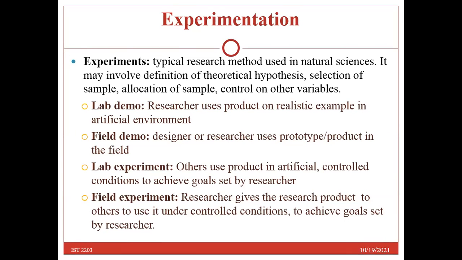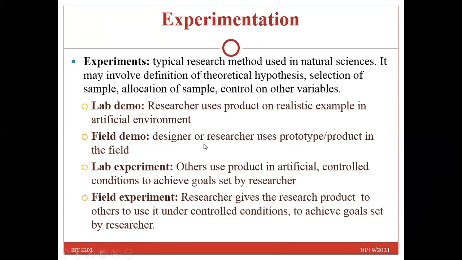And then we have lab experimentation, where others use the product in an artificial controlled environment to achieve the goals set by the researcher. So it's not the researcher using his or her product, but there are other people using it within a lab. And then field experimentation, the researcher gives the research product to others to use it